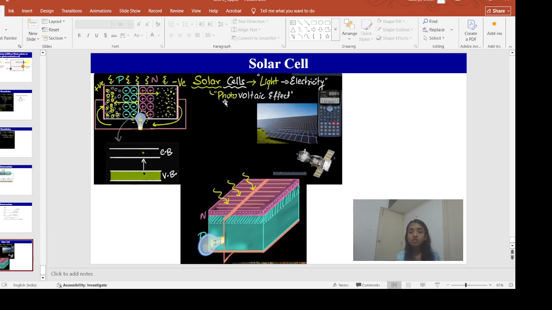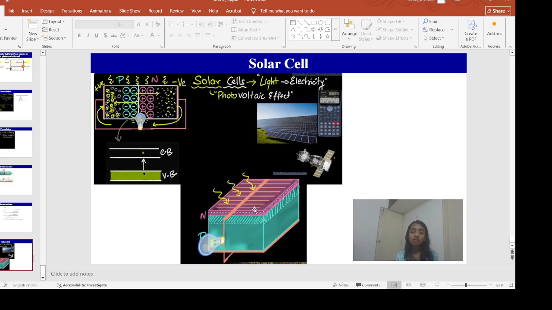And solar cells we mainly observe in calculators. Then we have seen in the solar panel, where we were using the solar panel in the solar powered energy pump. So in this solar cell, as I already said, it is a PN junction diode. So thin N-type semiconductor material we use at the top of the device, and this material should be very thin, and the P layer at the bottom should be thick.